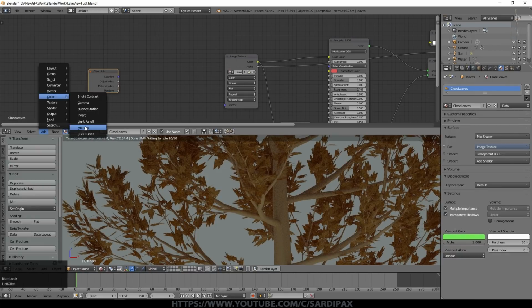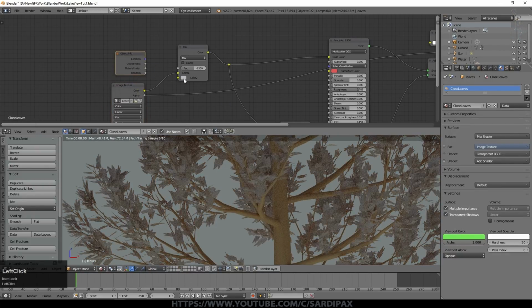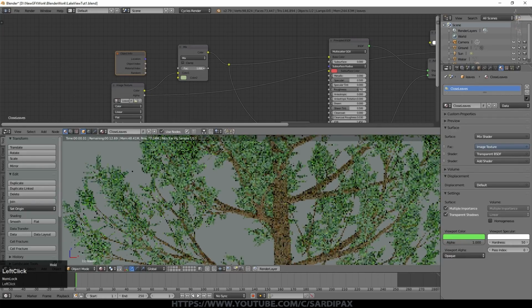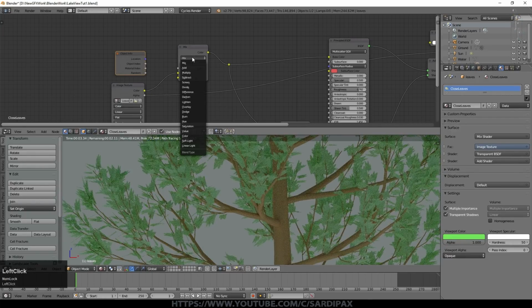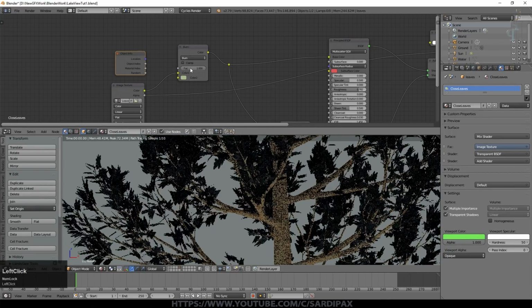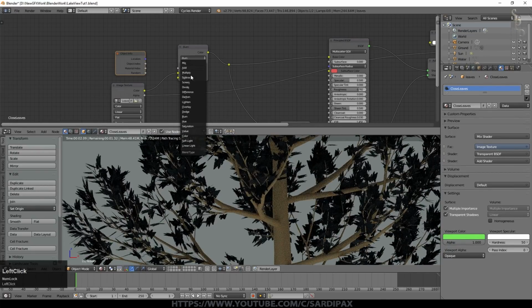So I'm going to add colour mix node, pull this one back. I'm going to give this perhaps a slightly green colour. We turn it up to maximum, we've got very light green leaves, but then it's not really mixing the colours now, it's just replacing them. If we try multiply, you can see there's sort of green, or we can try lighten. We can try many of these different mix modes until we get something that we quite like.